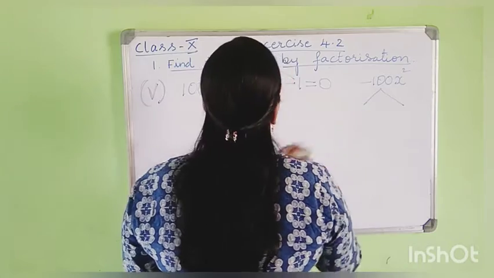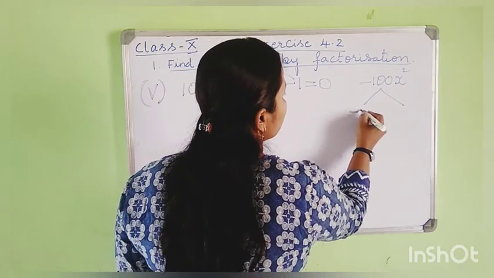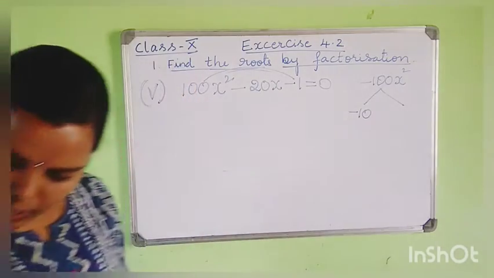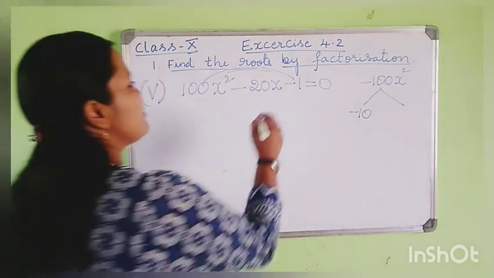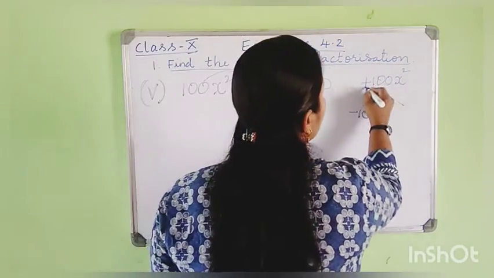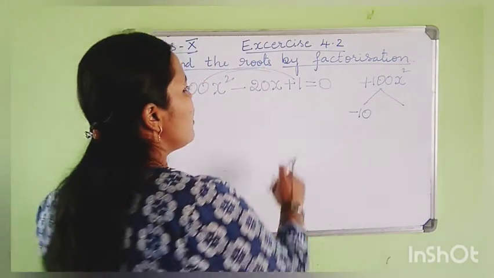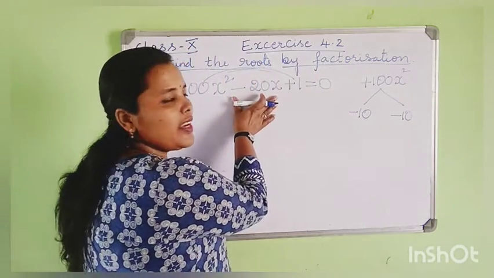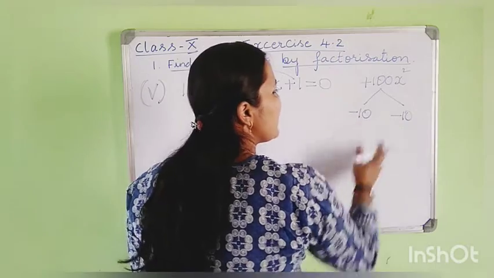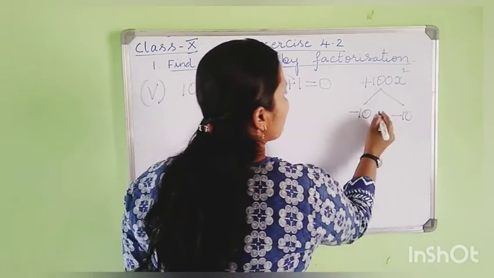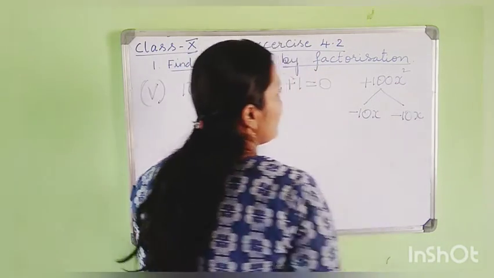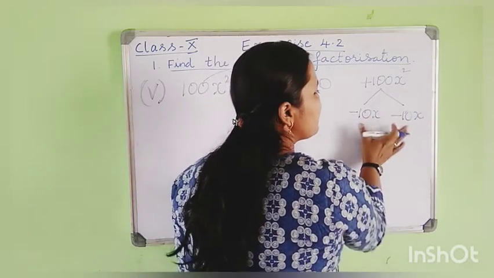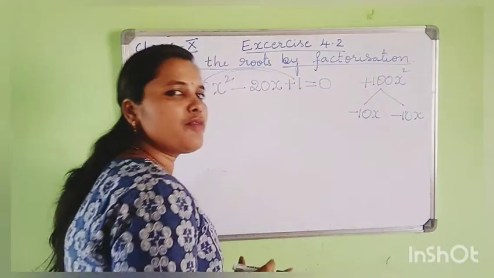So therefore, you will get minus 10 and minus 10. Sorry, I will take the question properly. This is plus 1. This is plus 1. You will get plus 100x square. So, minus 10 and minus 10. Why I have taken minus 10? Because I got minus 20. I already told you when we multiply like signs, you will get plus, right? So, this x square can be taken as x into x. If you learn this trick method to split the middle term, it's very easy for you, right?